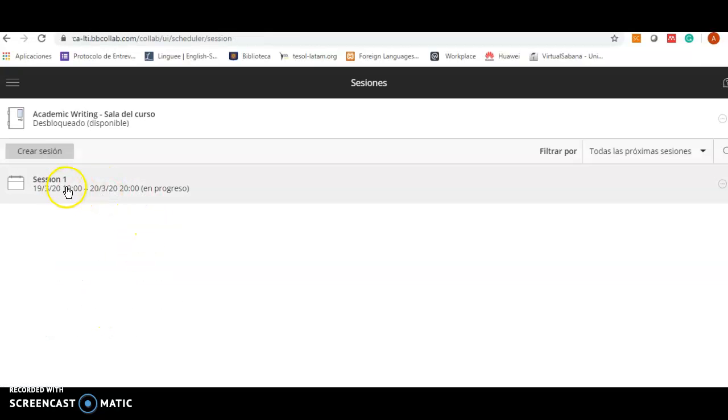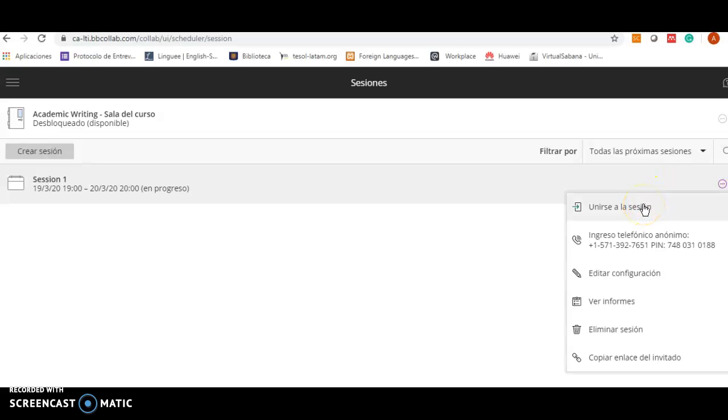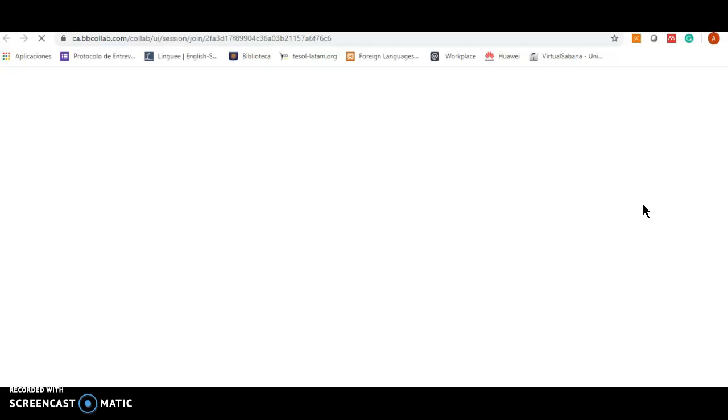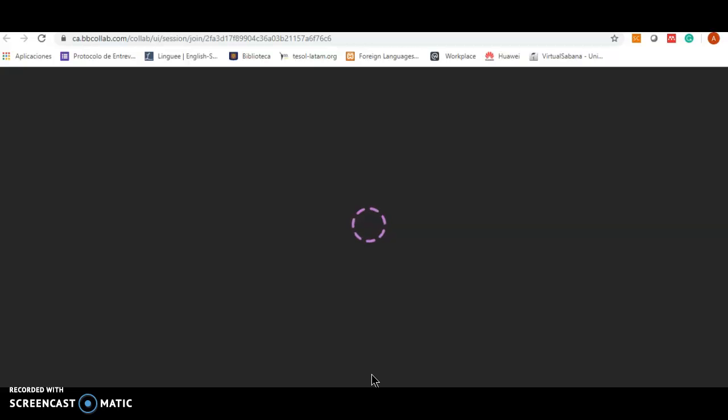Once you enter, you should look for Session 1. There should only be one session, and it should say In Progress. When you go to the circle with the dots inside, it will allow you to join the session. It will take a little bit of time to load, but once the circle stops going around, you will have